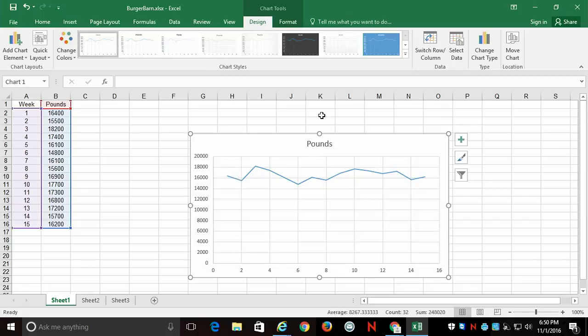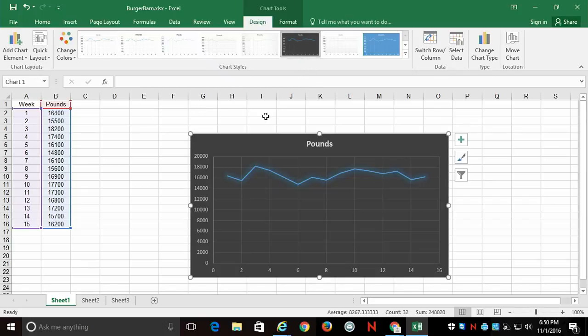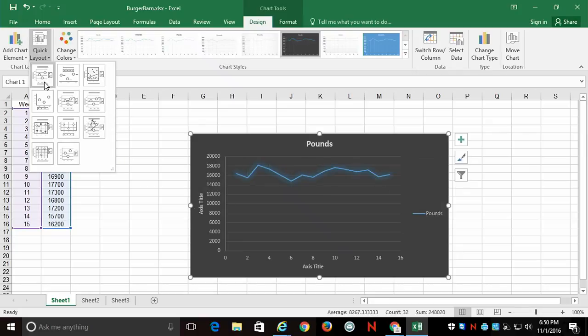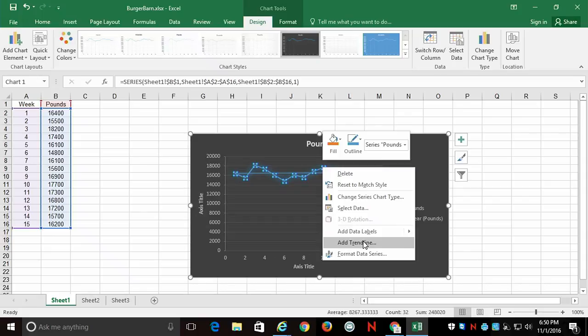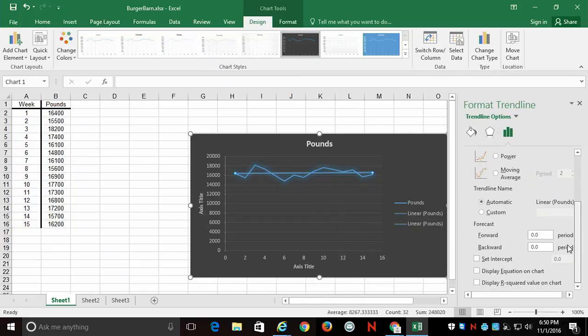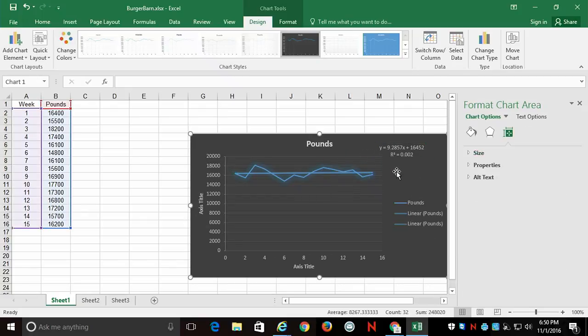So visually, it looks all right. I'd probably want to give it a better title and all those good things. I would also want to add a trend line. So I'm going to right click on it, add a trend line, linear, display equation on chart, display R squared value on chart. I'm thinking it's stationary, but after I add the trend line, I'm almost positive it is,